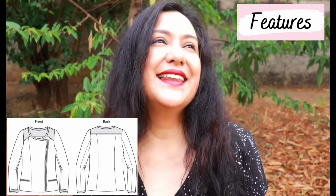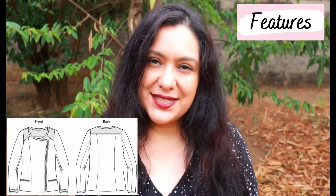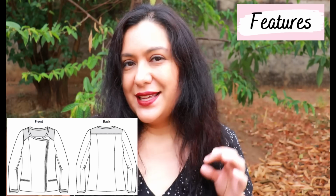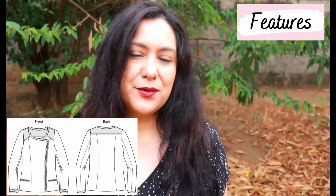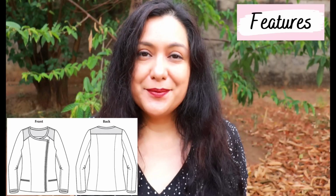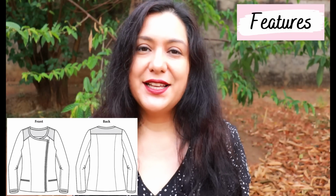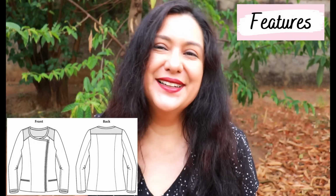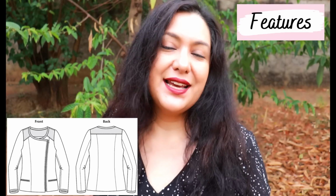This jacket is like the elegant version of a Moto jacket. You've seen those jackets that have asymmetric fronts with asymmetric zippers. I have made a few in the past already. I have made one that was pretty complex, fully lined. And then I made a really simplified version in Ponte Roma, which also has a really nice look but was really easy to sew. Now this one has a bit more details, and it's a really nice jacket that is